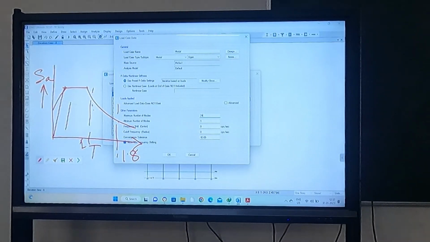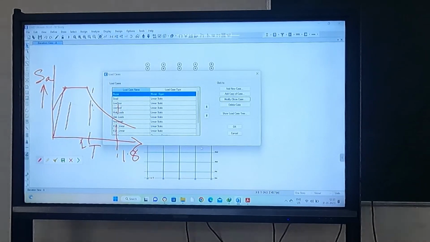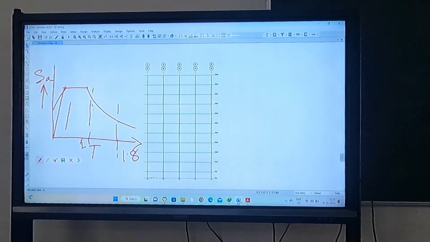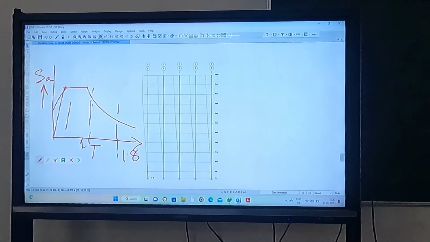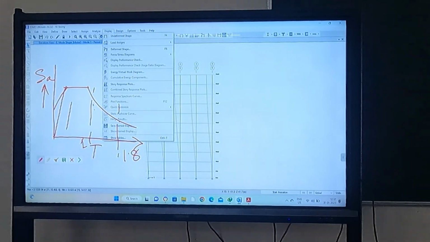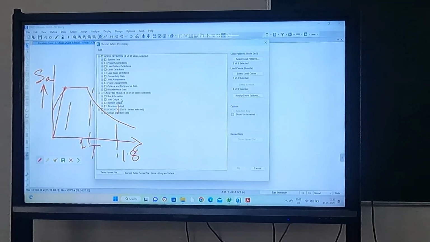In this case it doesn't matter, this is a simple structure. If you add 1000 modes also, it will complete within 5 minutes. But if your structure is very complex, say 40, 50 stories, and the area is also very high, then it will increase the computation time. So that's why we give some reasonable number of modes so that we can get at least 90%. So 24 is enough, I think. We'll see the result. For checking the result, yesterday I told this one, but again I am showing here. You have to go to structural output, base pair.